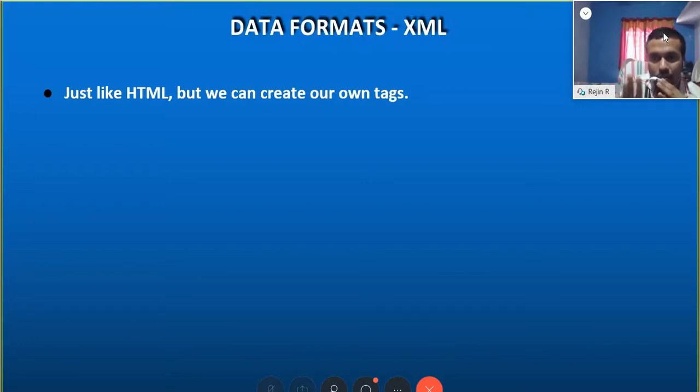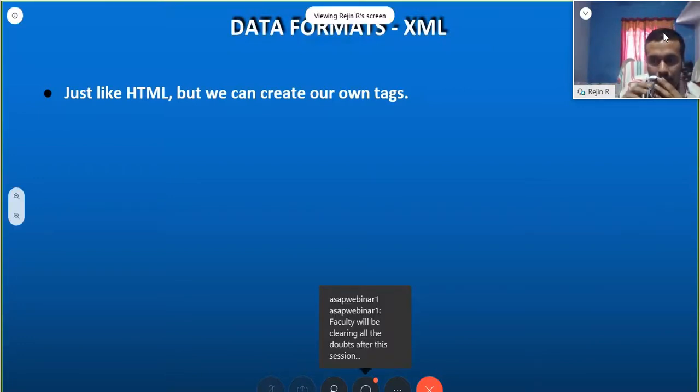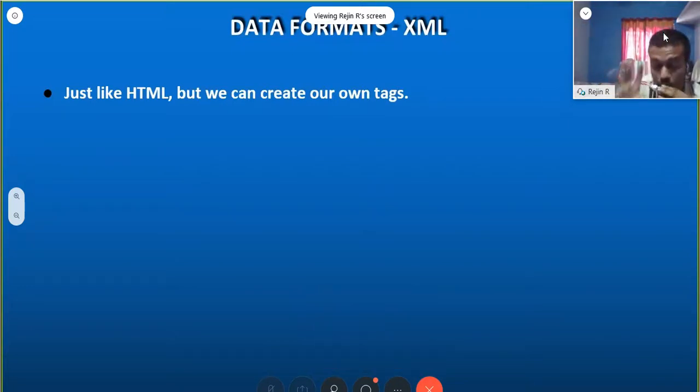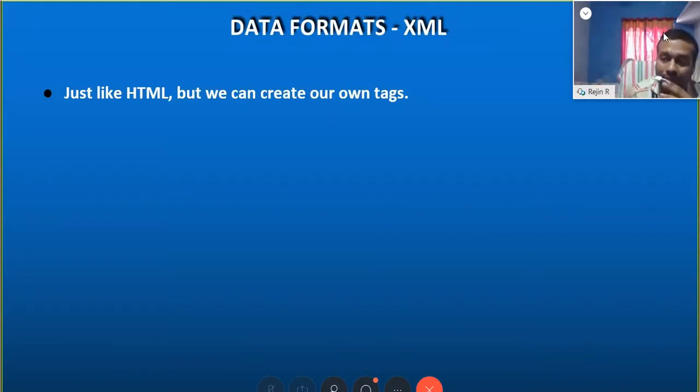I will tell you the basic difference between HTML and XML. HTML is basically used for the structure and content of a particular web page. You have to represent a web page, so that structure, content or skeleton can be represented with HTML. XML's purpose is more generally a data format for carrying or transporting data. It's a way of representing data. It doesn't go for representing structure or content.